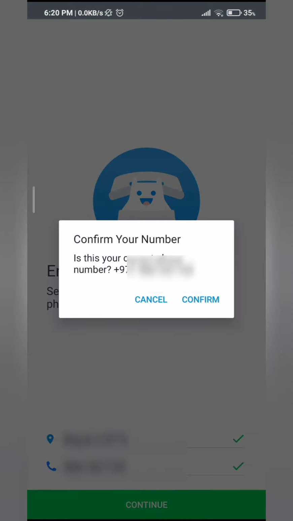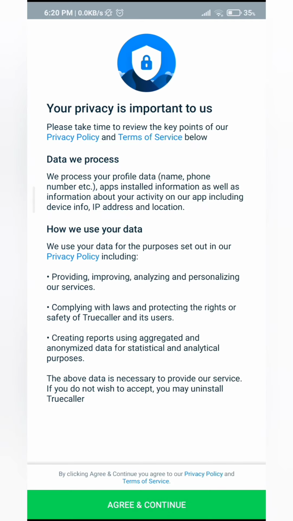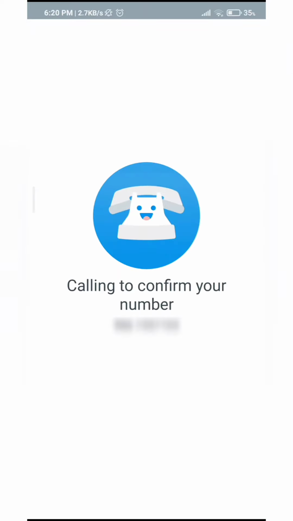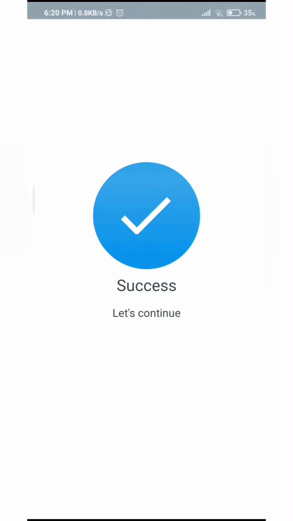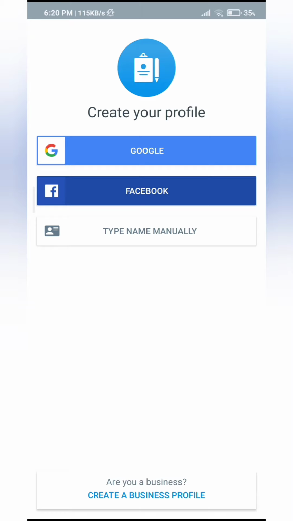So it's saying, is this your correct phone number? Click on Confirm. If not, cancel and then enter your correct phone number. So at the very bottom, you'll see Agree and Continue. Press on Agree and Continue. So I'm going to receive a call to make sure that it's my phone number and you don't need to pick it up. They have successfully confirmed, and now the next thing you want to do is create your profile for your Truecaller